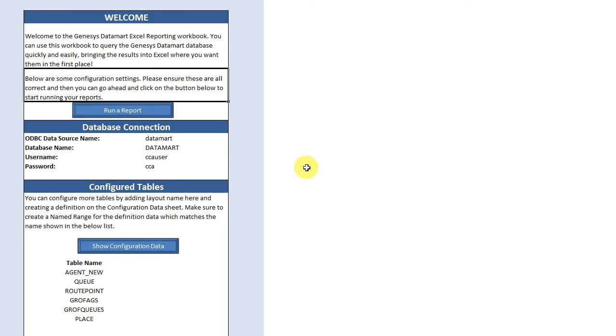Hello and welcome to this demonstration of Integ's Excel Datamart reporting tool. This tool is developed to improve the ability of our customers to query the Genesys historical reporting database, the Datamart,